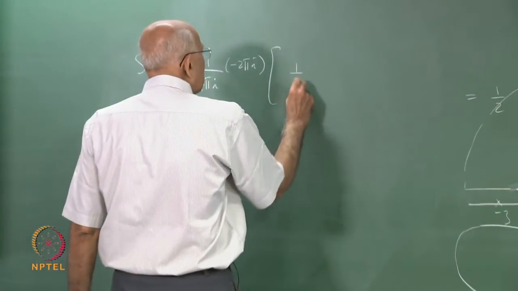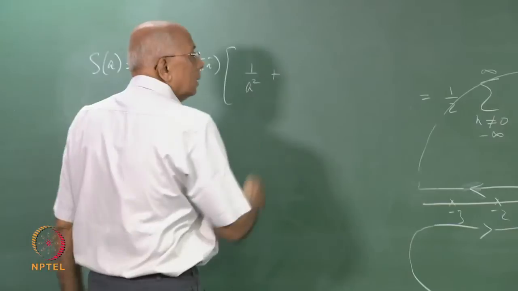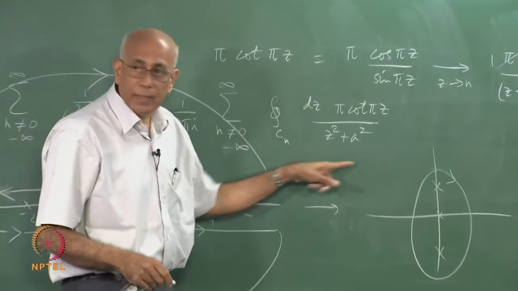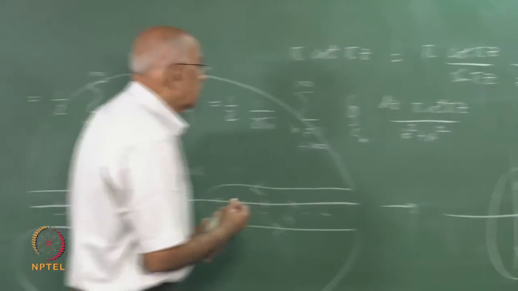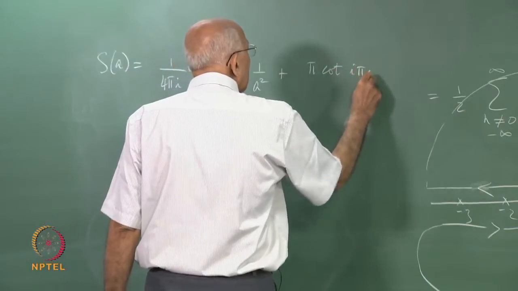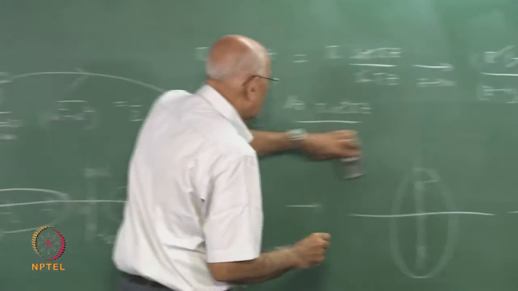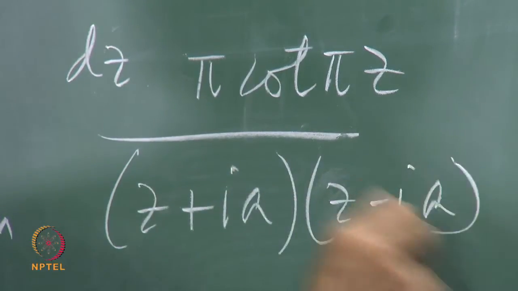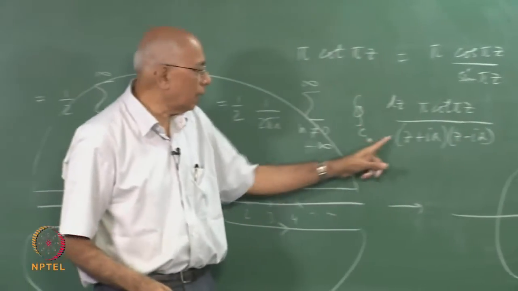over a squared from the first term, plus the residue from z equal to plus iA. So, everywhere except the factor z equal to plus iA, you put in z equal to iA. So, this becomes pi cot i pi A divided by 2iA, because all I did was to write it like this, z plus iA, z minus iA. So, when I am looking at the residue at plus iA, I multiply by this factor and put z equal to iA, I get a 2iA from this,